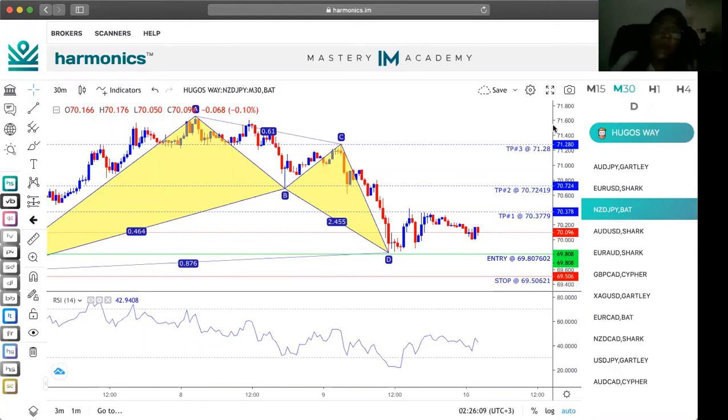Like here, it already hit take profit 1 with this candle, but it has a little bit of drawback, but it could still possibly go up to take profit 1 again on its way up to take profit 2. And sometimes you may even be able to get in and take profit 3. So all you do is